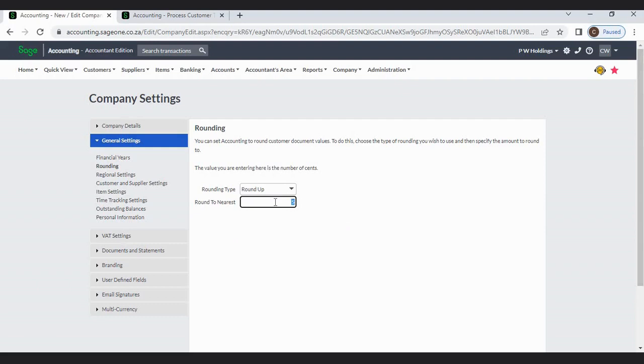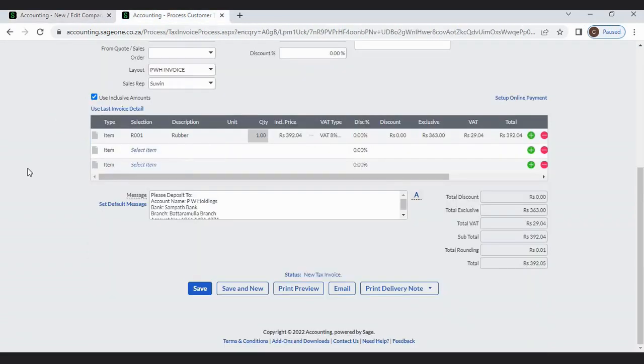The value you are entering here is the number of cents. In this company, we have set 5 as round to nearest. When you enter transactions,